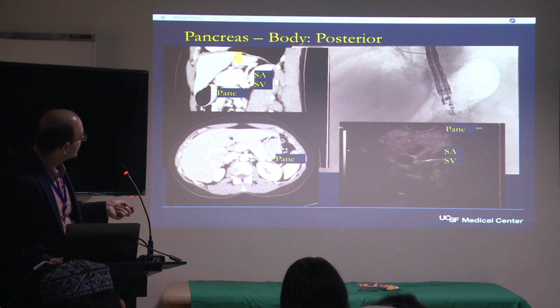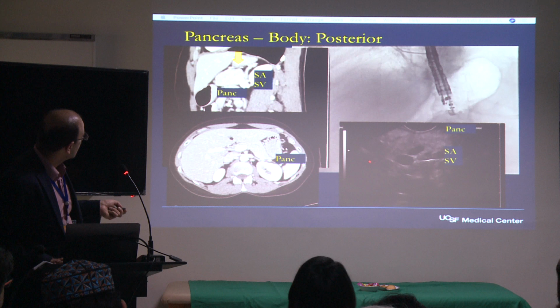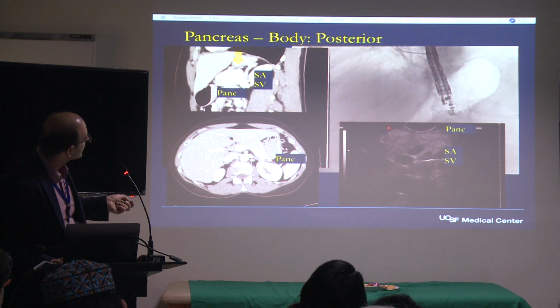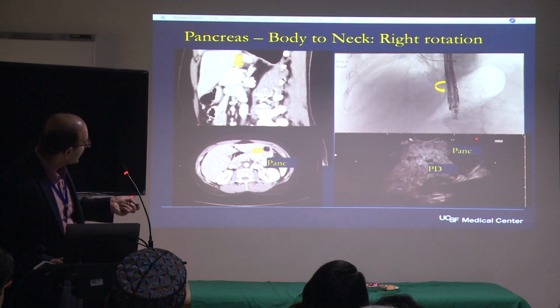Here you'll see the pancreatic duct, the splenic artery, and the splenic vein. Basically, we're in the stomach looking down on the pancreas. This is the splenic artery, splenic vein. Okay? And as you keep turning more to the right, relatively in that same area, you may actually see the